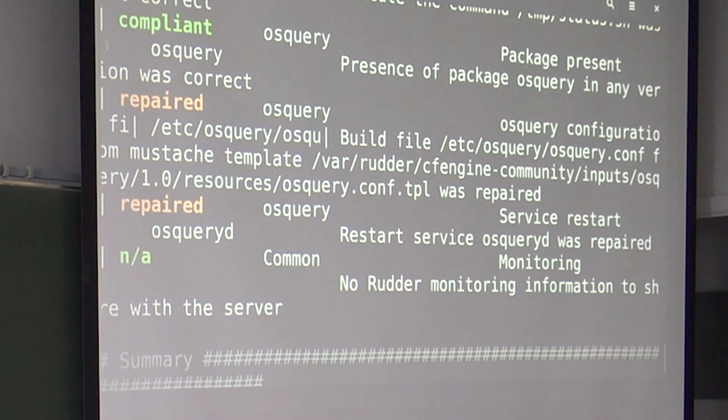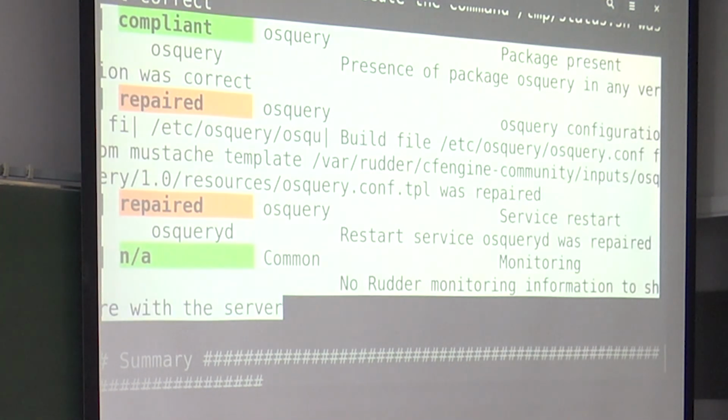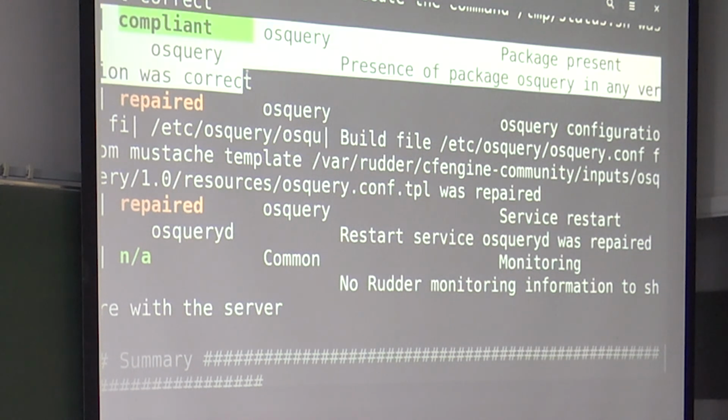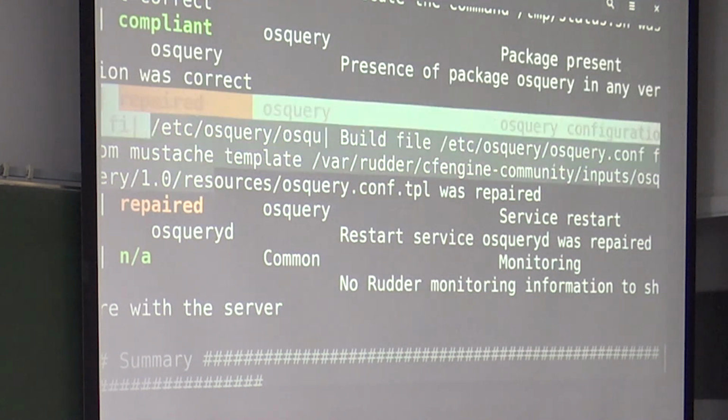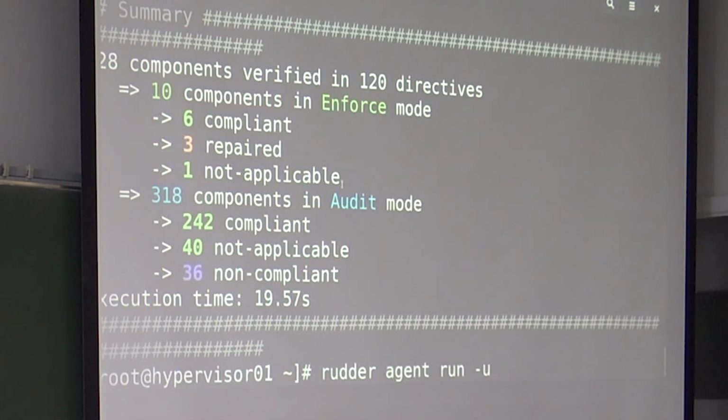But then we can see the last steps are actually our OS query technique. So the package was already present, but we see that we actually modified the configuration and restarted the service because we modified the configuration. And if I rerun it now,